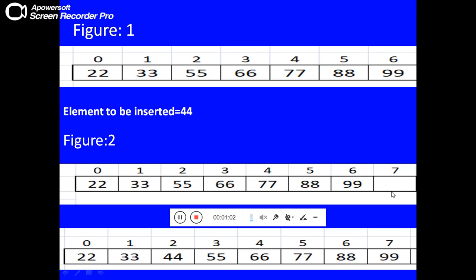After creating the blank space, 99, 88, 77, 66, 55 have been shifted, and after 33 the space is created for 44, and 44 is inserted. This has to be done. The list is in ascending order, and I have to insert 44. 44 will come after 33. I have to shift the elements and make the space for 44. So I created one blank space at the end, and after creating it I shifted the elements, and according to the order I inserted 44. So this is the program.